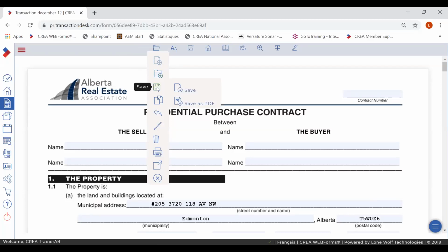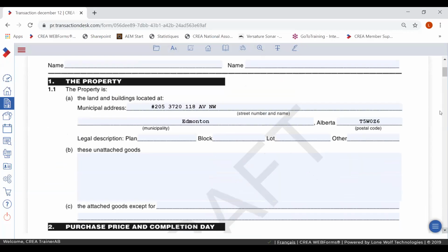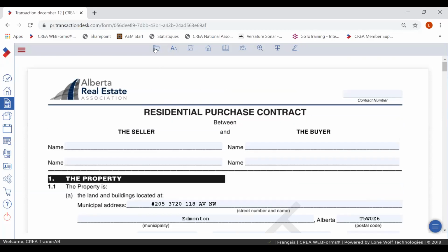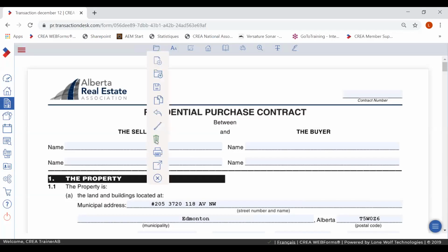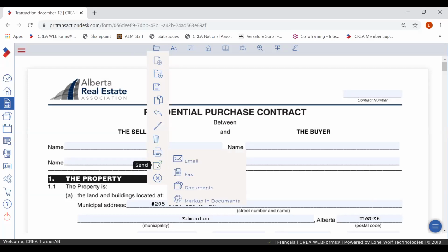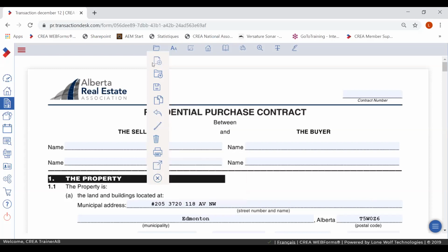Save, so of course you can save at any time. It auto saves when you're closing the form or exiting the actual transaction. Copy here, erase. There is a watermark option. If ever you'd like to have a draft watermark before you finalize your transaction, you can really easily add it to all the pages automatically. And then of course you can come back and remove it once you're ready. So here the remove this actual form here, print, and then of course there are other options here that you can do right from the screen, and of course the X to exit, and it will save your